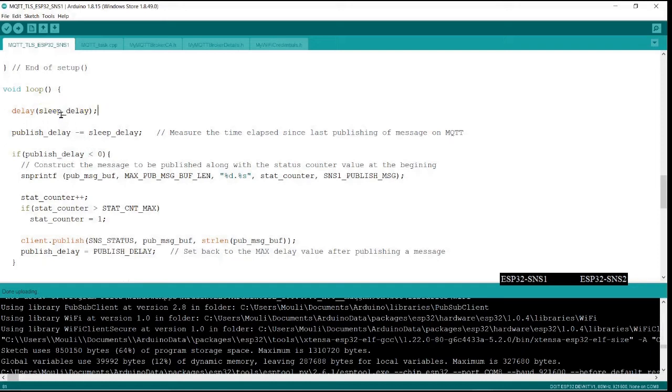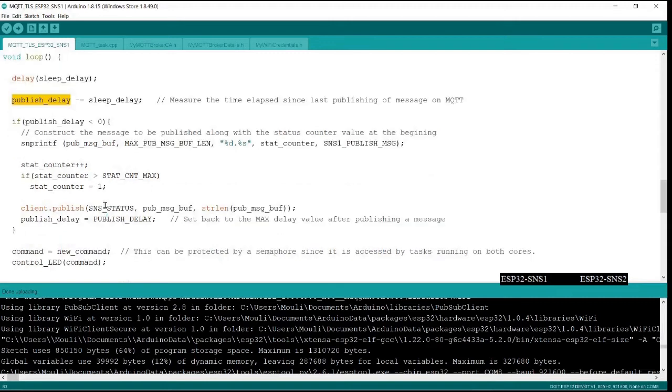So I am using the sleep delay for that control, and the publish delay is more than the sleep delay. They need to be related based on whether you want to blink fast or slow. This is going to be waking up based on that rate. But publish should not happen more often. I want to make sure that it happens only at a 5-second duration. So there is some logic which I have put in, which you can understand easily.